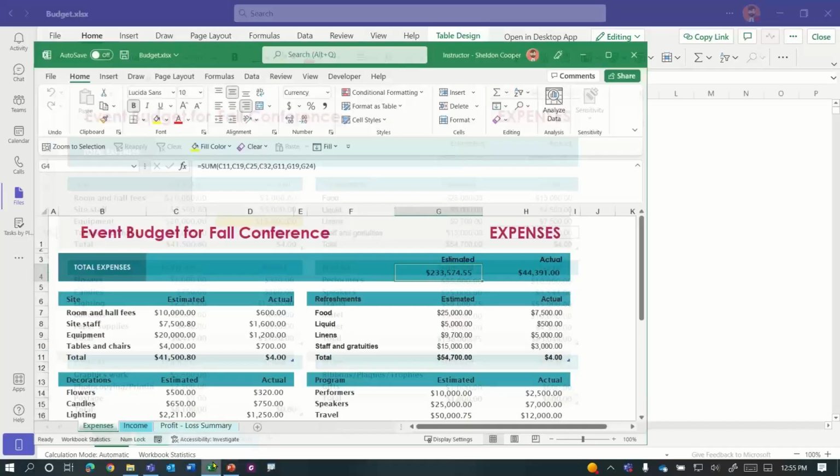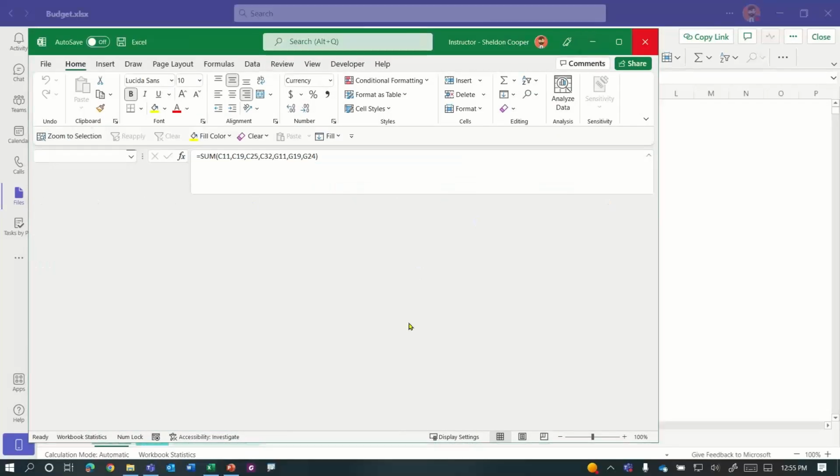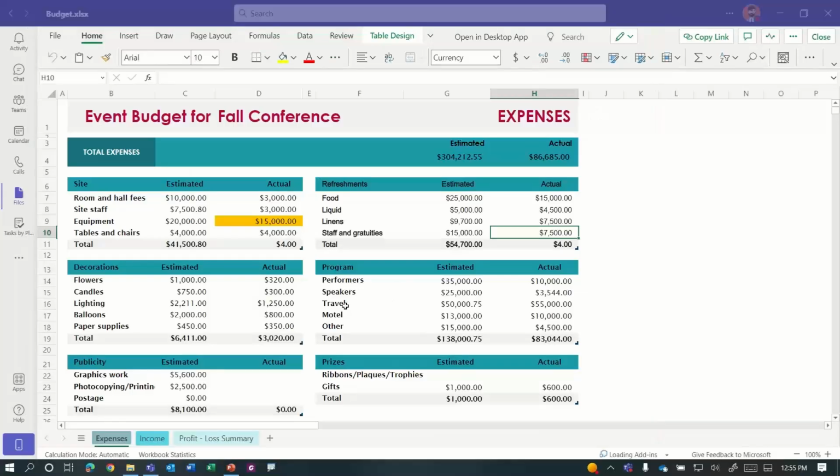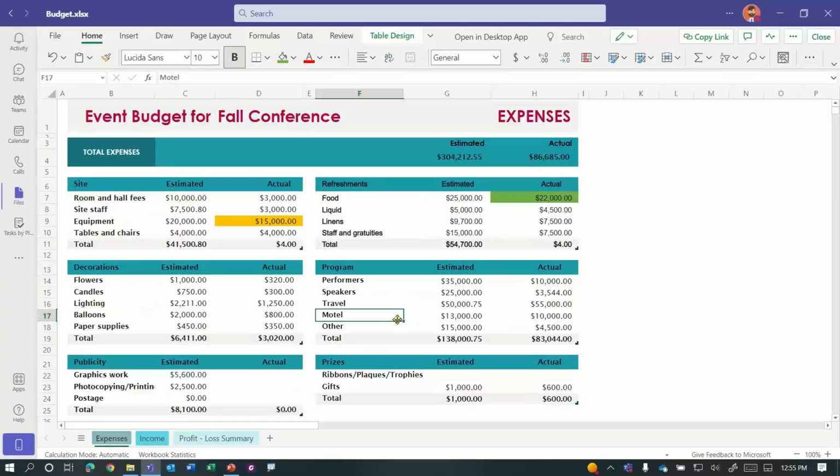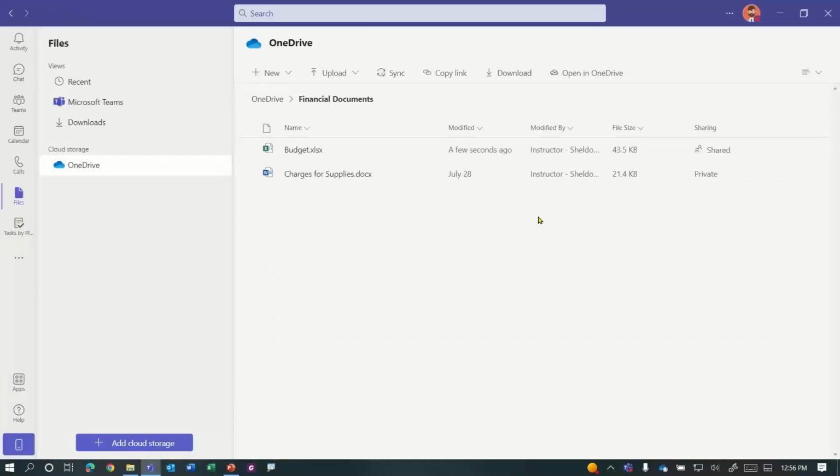Let me go ahead and close that file from here for now. And I can make any changes I need. So for example, if we got some new expenses for the food, I can add those expenses here, and we're gonna add 22,000. It's now up to 22,000. We can do all sorts of information. We can highlight it. And again, all of these edits are saved live. Now, the nice thing about this is you can get in, make your changes, close it, and you're done.